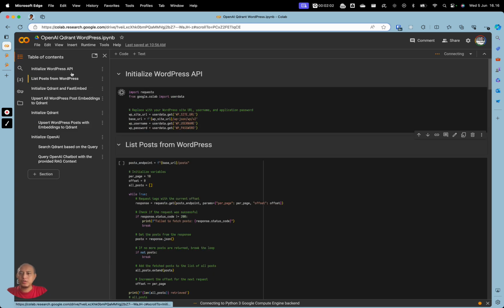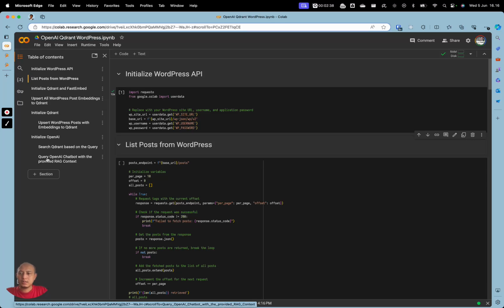So a little overview of the steps required. First, we will initialize the WordPress API, and then we will list the posts from WordPress. After that, we will initialize Qdrant and FastEmbed. Next, we will upsert the WordPress posts with embeddings to Qdrant, and then we can search Qdrant based on the query.